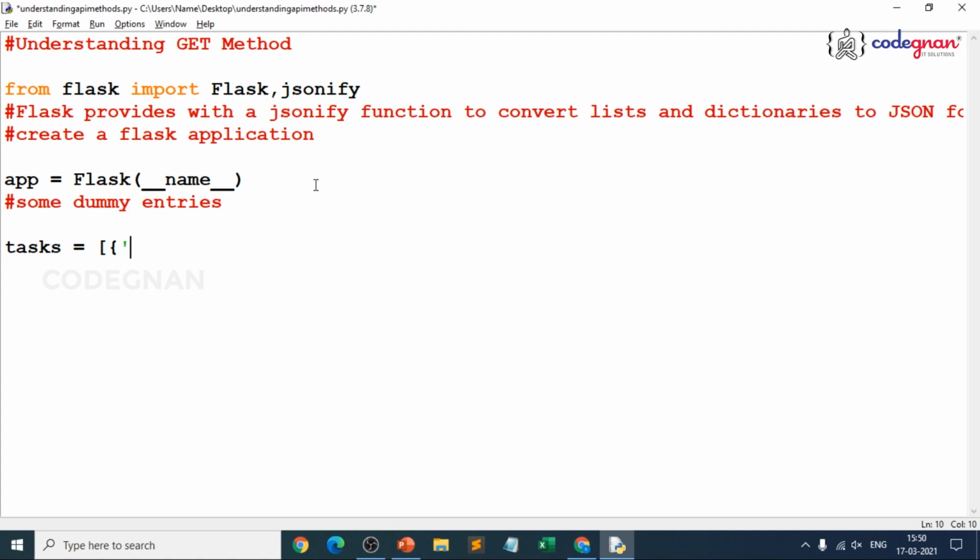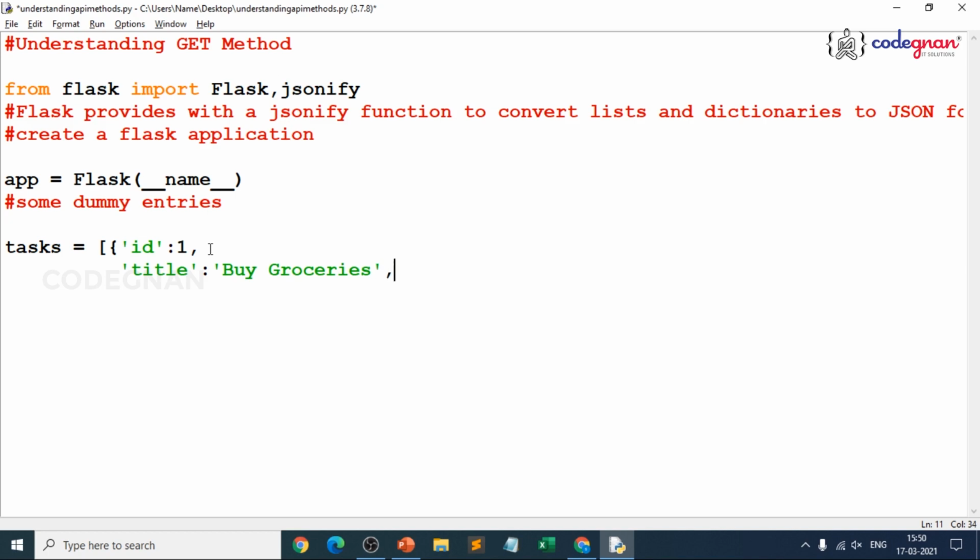I pass my first key, that is ID, and the value is 1. That means I'm passing the details of what I'm trying to do, generally my daily activities. You can give your own thing. If you want to see it in a better way, go line by line, press enter, and pass here what you are trying to do. Suppose you are going shopping to buy groceries. So just give the title: buy